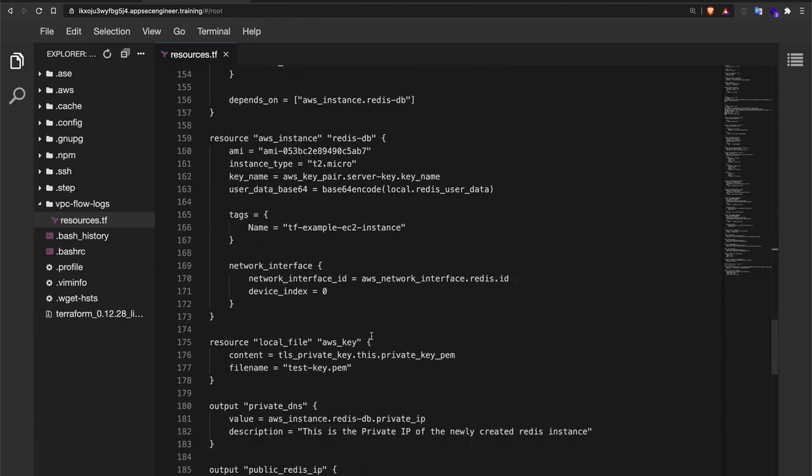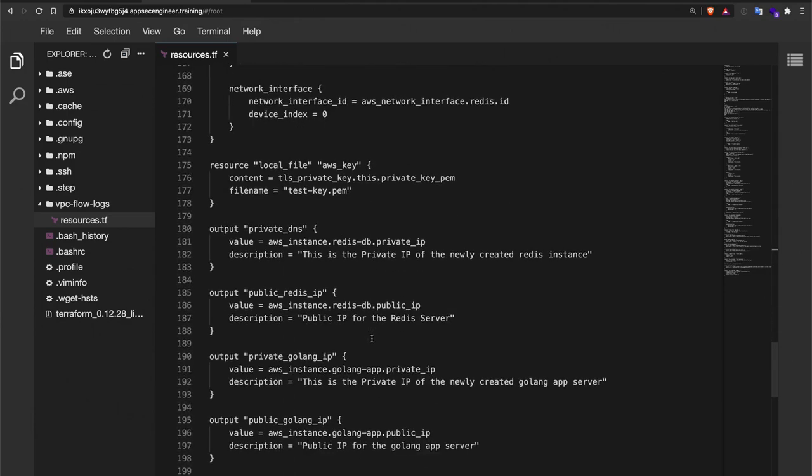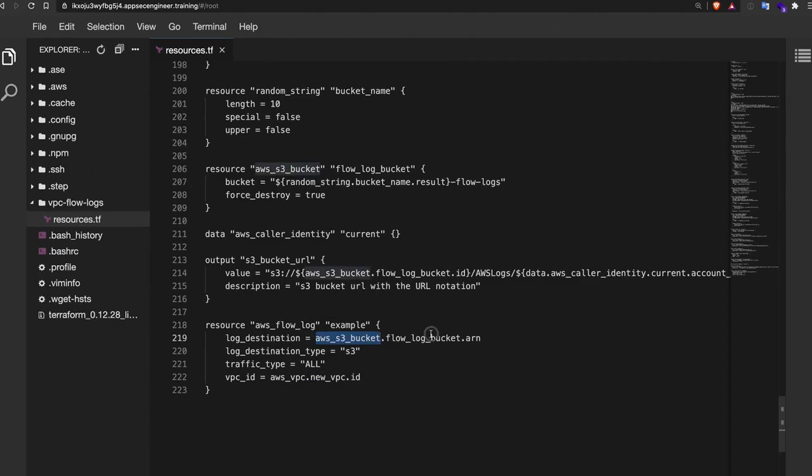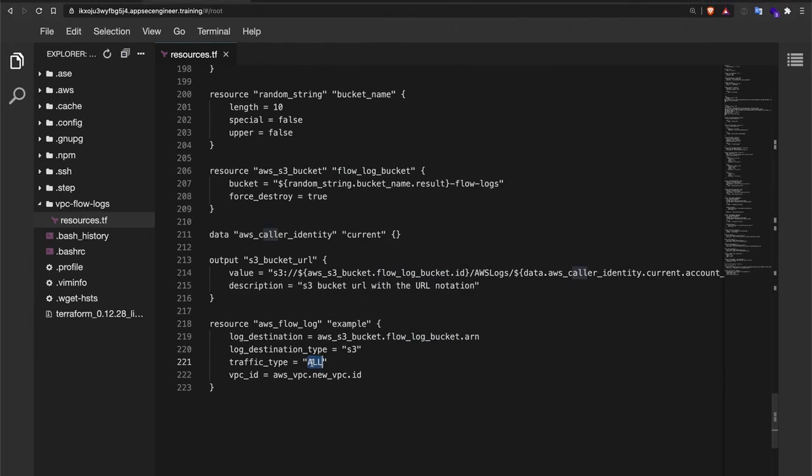Now, the configuration for our VPC flow logs, let's look at how this is going to work. What's happening is that we have a flow log set up for that particular VPC, which is the new VPC we create. And all of the flow logs are going to be pushed into an Amazon S3 bucket. You'll see that we've created a new Amazon S3 bucket, and we're pushing all the data into this particular bucket. So remember, with VPC flow logs, you are allowed to capture different types of traffic patterns: accepted, rejected, all. We're deciding to use all types of traffic.